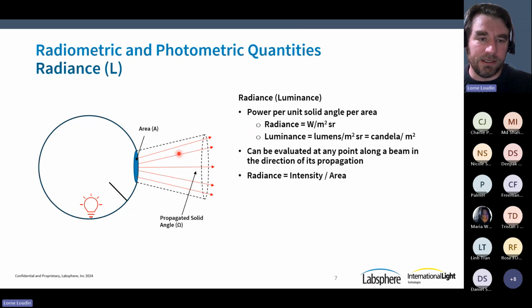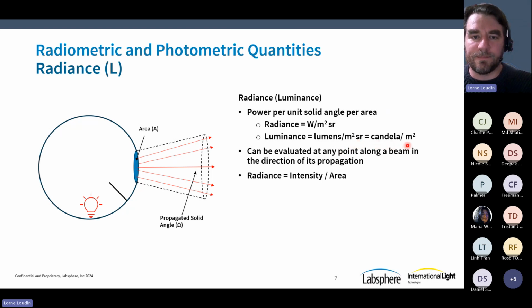We can calculate radiance at any point along this beam, and it's going to be the same. The units for radiance are watts per meter squared steradian, if we are in radiometric units, and if we're working in photometric units, luminance, we would think of lumens per meter squared steradian, which is equal to the candela